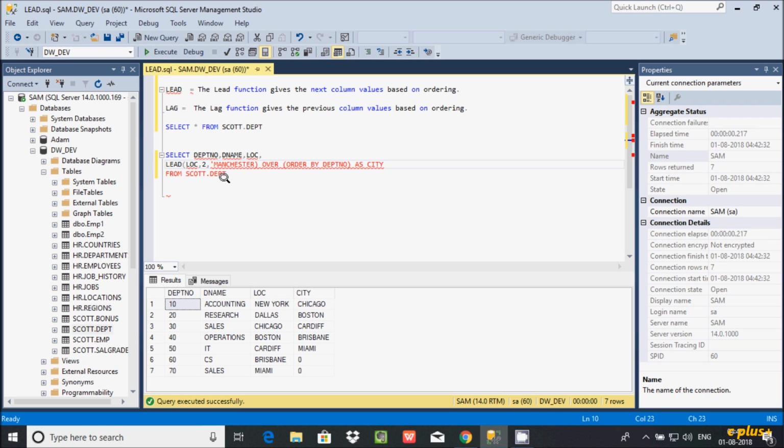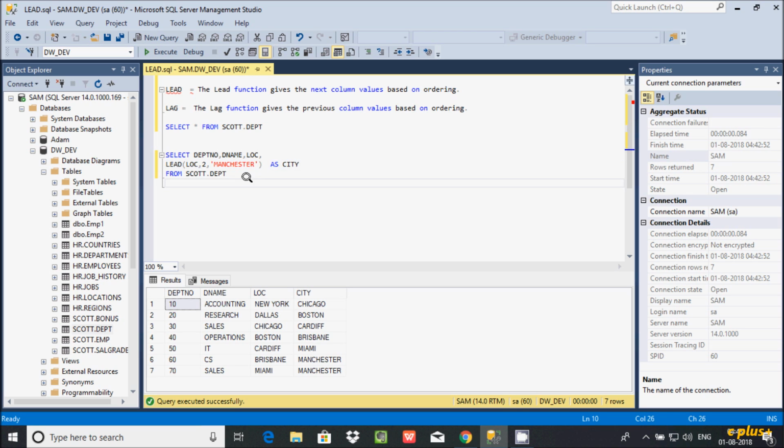So either you can give any integer or you can enter also a string. See out here, it's displaying Manchester, Manchester. So these are the things about the lead function. And now here, the lead function has the OVER clause, and here ORDER BY number. So if you remove this,